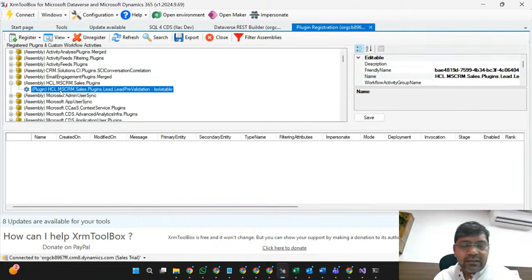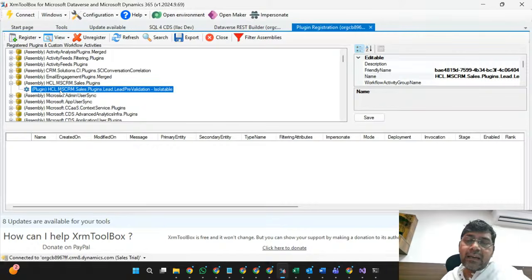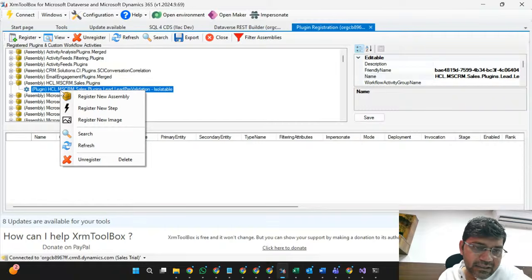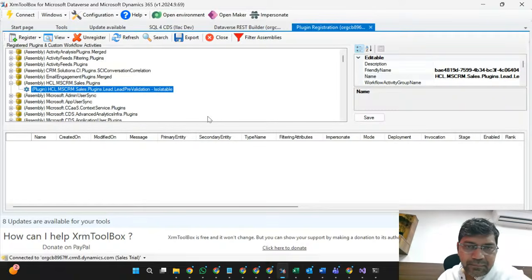Now there is another activity we have to perform. Now our code is deployed, our code is available on the server, but we have to tell the application, hey, this code is available, but where do we have to trigger this code? Because the trigger point is also there. The code is available on the server, but we have to add a step here. Okay, let's add that step. So register new step. After deploying or uploading our code, I need to register a new step.